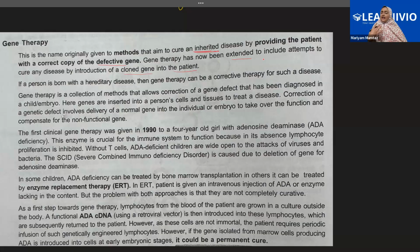No, it's done at a very early stage, when the human is just a child, newly born, of very few years of age. Or this can be done for an embryo, meaning the human being has not even been born yet. Now here genes are inserted into a person's cells and tissues to treat a disease, right? Whatever the corrective copy of the gene is, that is inserted into the cell or into the tissue